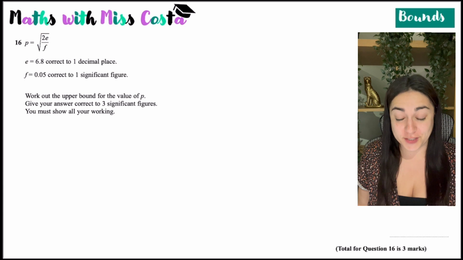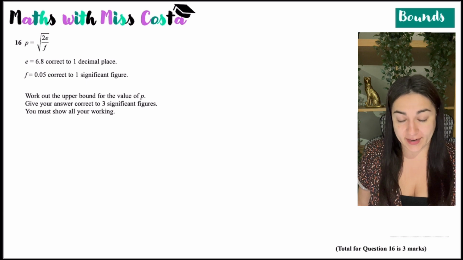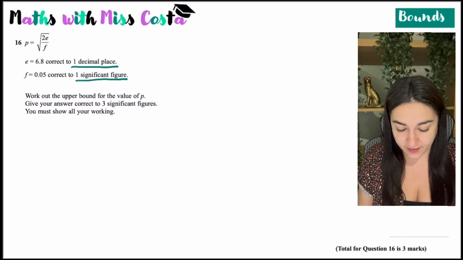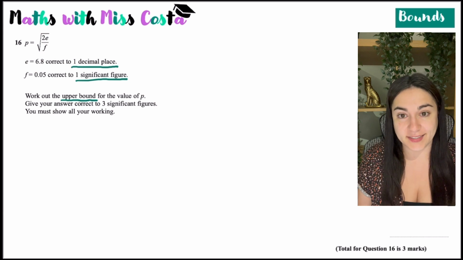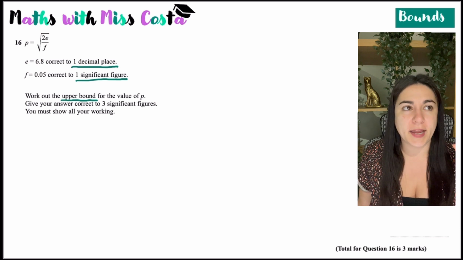Okay, so over here we've got a bounds question. We're told that P equals the square root of 2e over f. The value of e is 6.8 correct to one decimal place, and f is 0.05 to one significant figure. We need to work out the upper bound for the value of P, and then give our answer to three significant figures. So the key thing with bounds, a lot of people can memorize